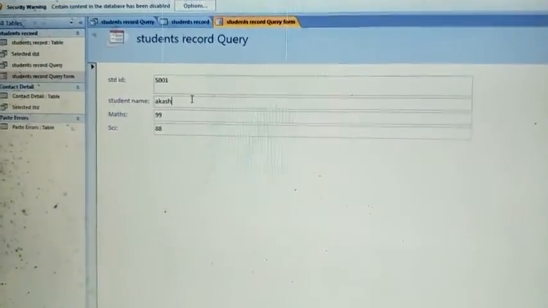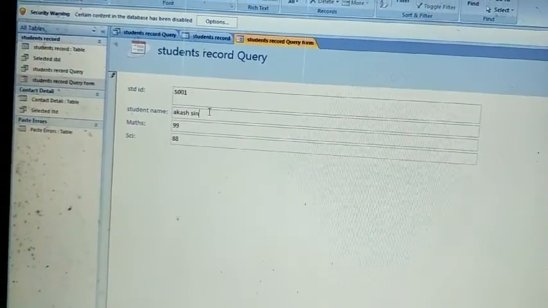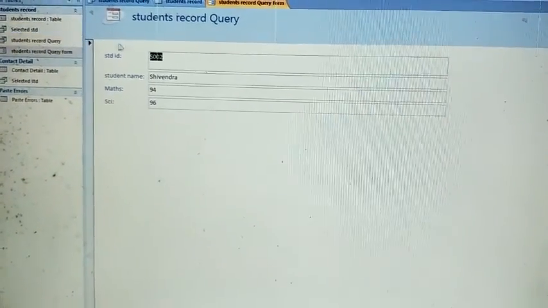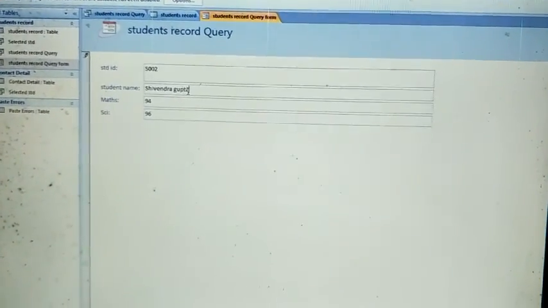After that you can edit the student records, Akash Singh. Okay, after that press the enter key, then a new record will appear. Write down here Shivendra Gupta. Okay, press the enter key, or through the navigation button, you can see the navigation button is here, you can add a new record.